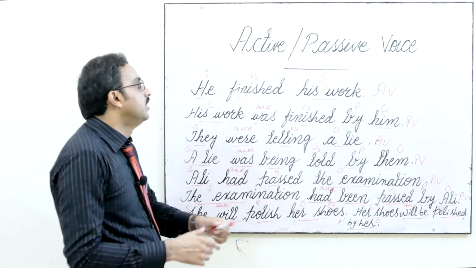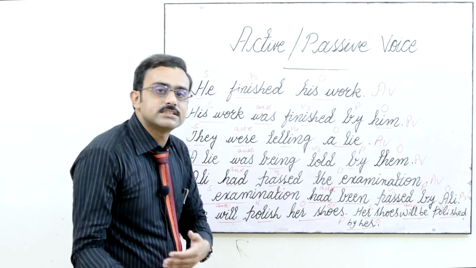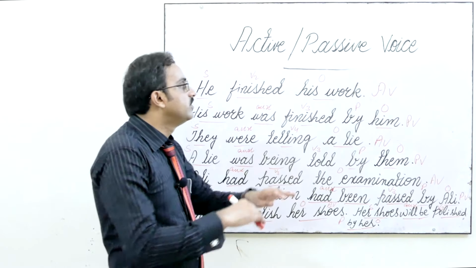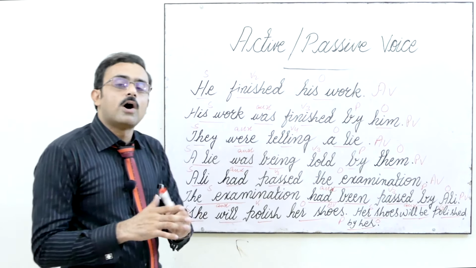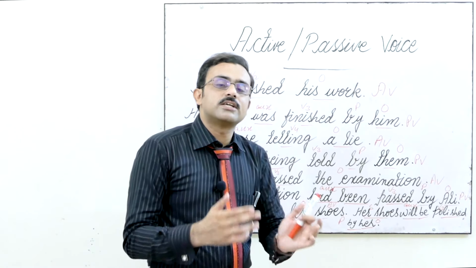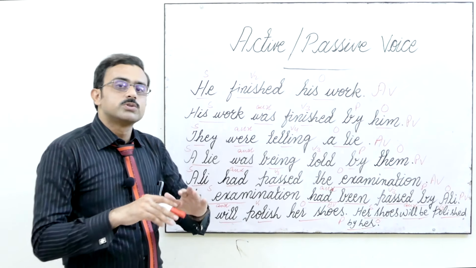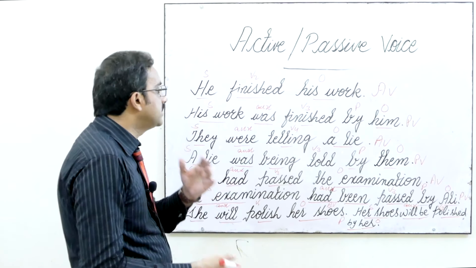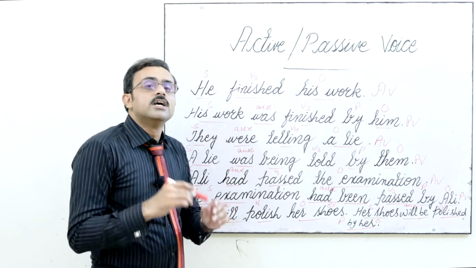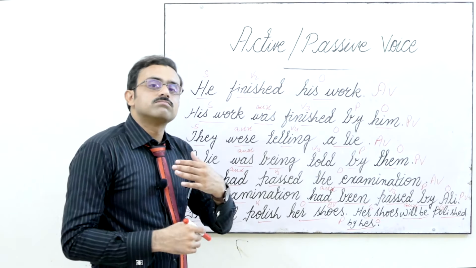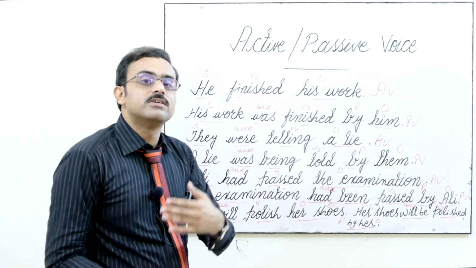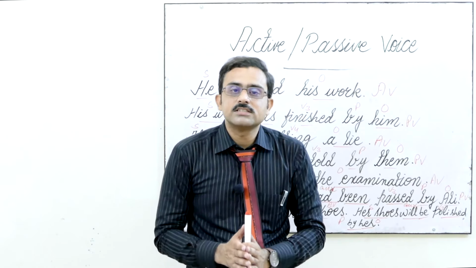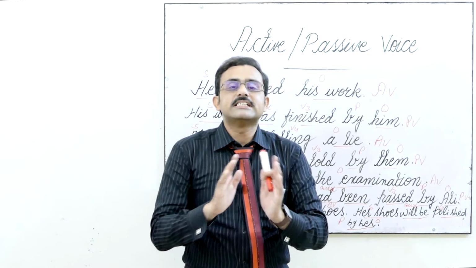So it was the whole. First of all, we discussed the present tense, and then we discussed past tense, and then we discussed the future tense. We discussed all these tenses, how we can change these active voice into passive voice sentences. So I tried my level best to make your concepts clear. I hope with this very brief lesson you would be able to change active voice into passive voice next time easily. So I hope you have got my lesson clearly, you have got each and everything.